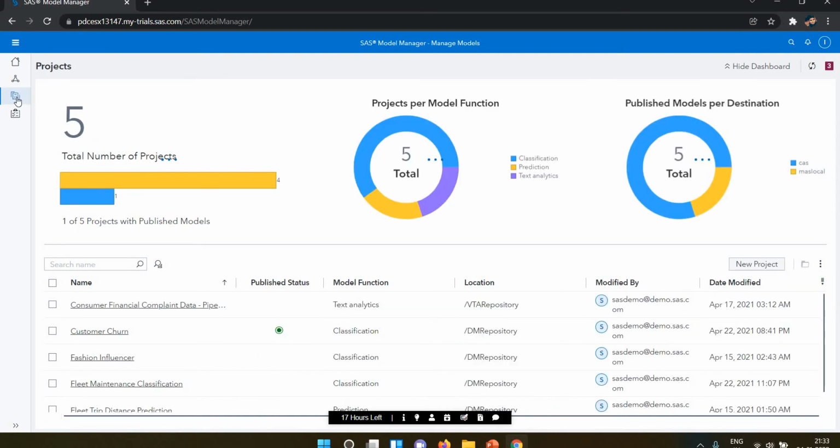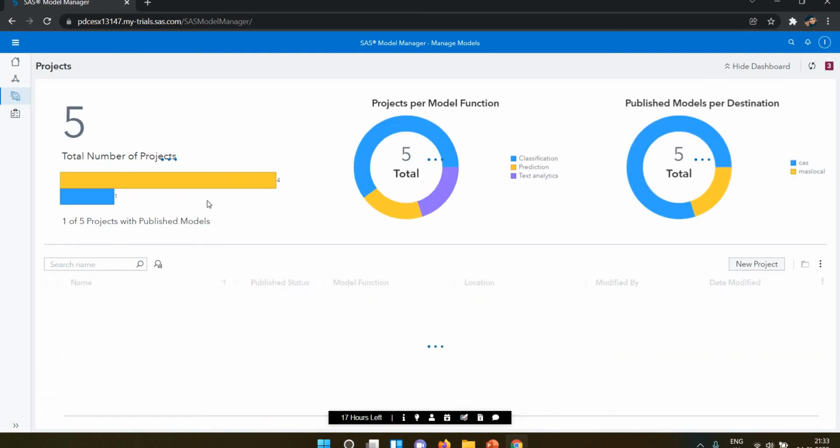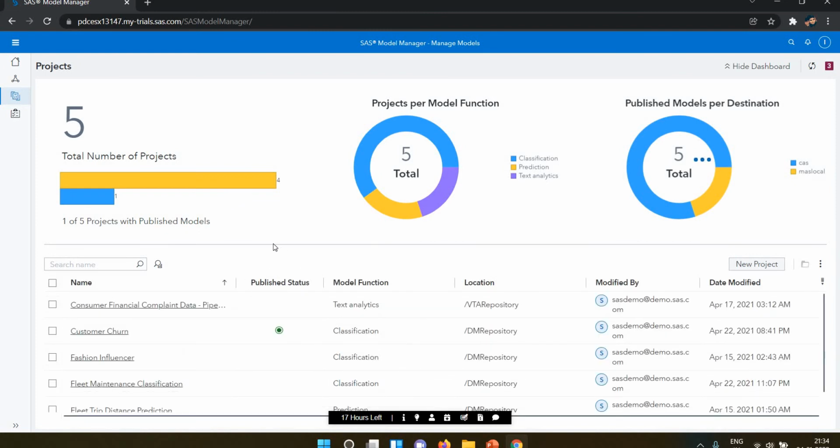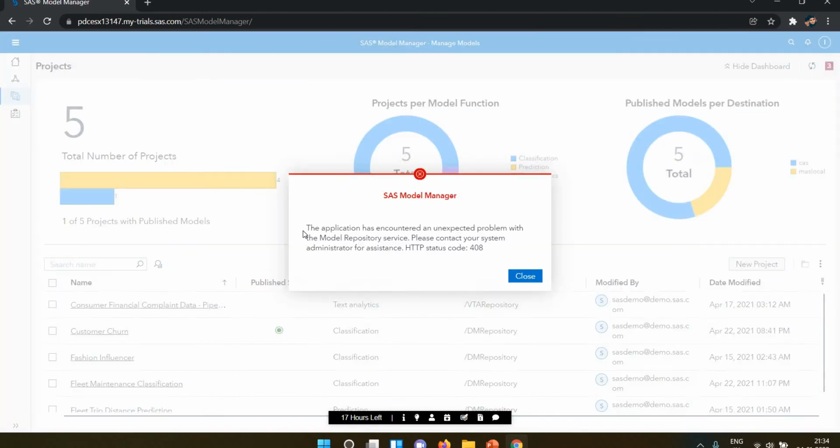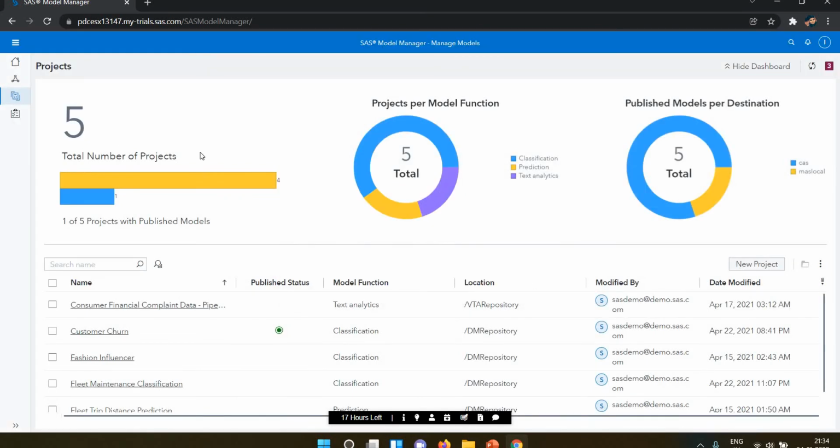Next we have the projects. In the projects you can see a total of 5 projects are published here. So 5 projects are done. You can also say model deployment, as we can also say publish. Let's suppose I publish my model, that is deployed, so I deployed my model here.